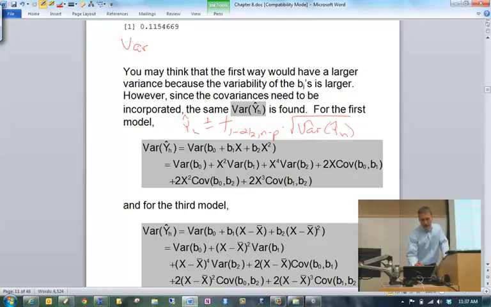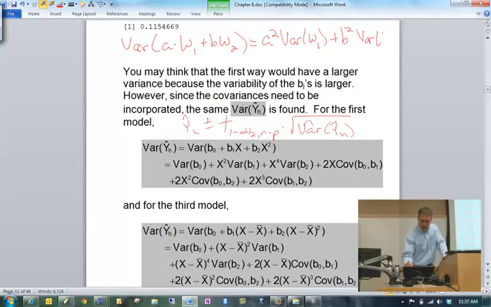If I want to find the variance of A times W1 plus B times W2, where W1 and W2 are random variables and A and B are constants, this can be written as A squared times the variance of W1 plus B squared times the variance of W2 plus 2 times AB times the covariance of W1 and W2.